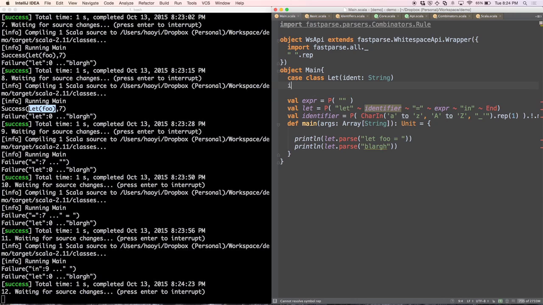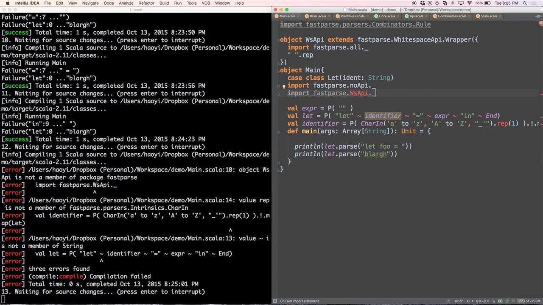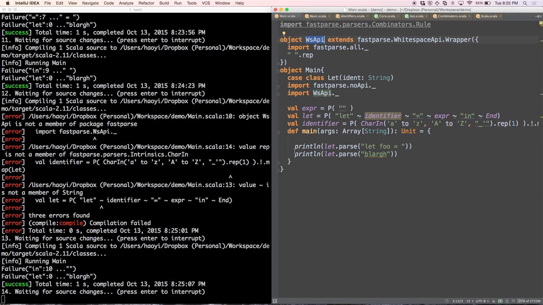And then I'll import fastparse.noAPI, and I'll import fastparse.whitespace-api.all. And that should make it compile. Oops, what's wrong? OK, it is not FastParse, it's my own, I defined it up here. OK, so